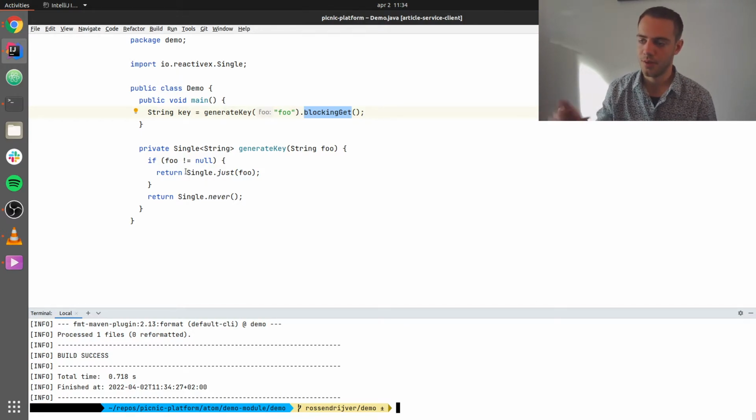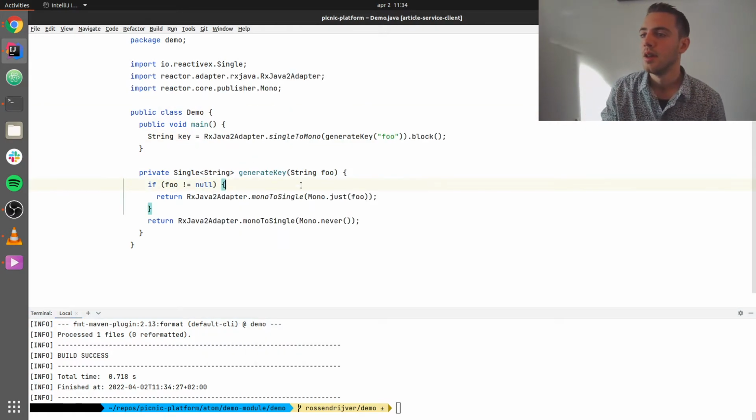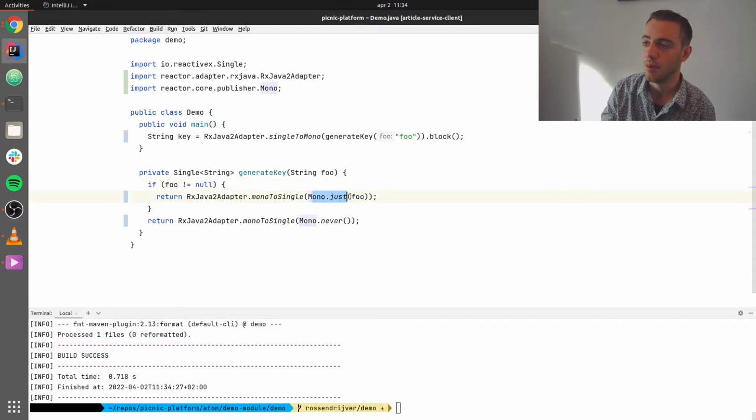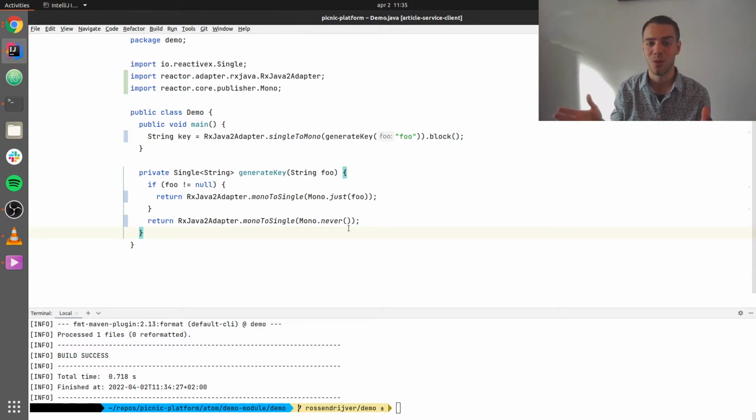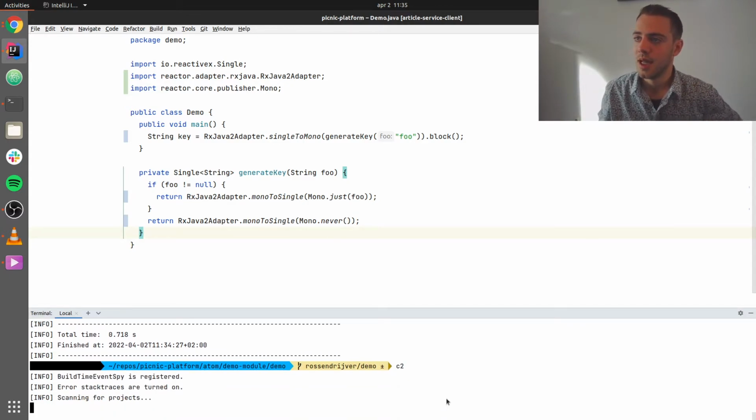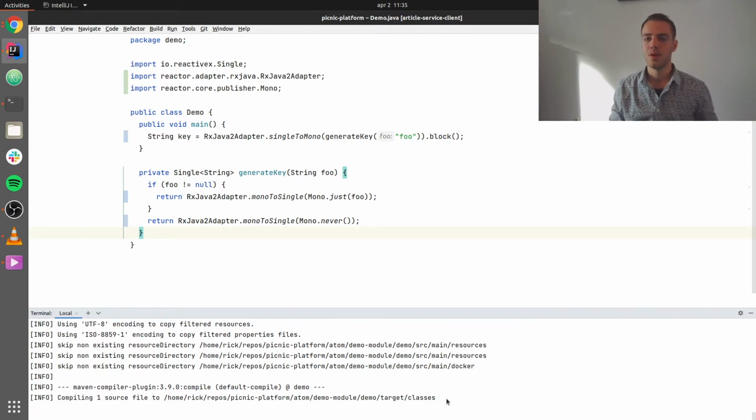So I just ran the first step, and we expect to see that the Single.just and the operators I just highlighted will get rewritten. So here we indeed see that is true. We now have the monadal just instead of the Single.just, but also wrapped inside the adapter call. But this is actually the first part of the demo, because we cannot do more than this with the existing set of features. So now I already ran the second step, and the first step of using our extensions is